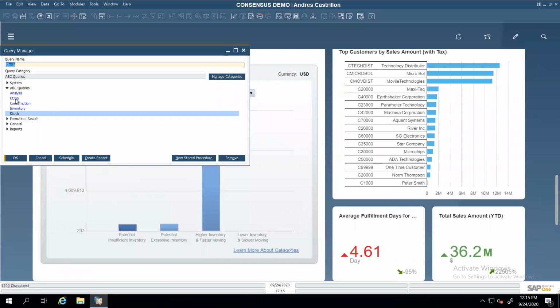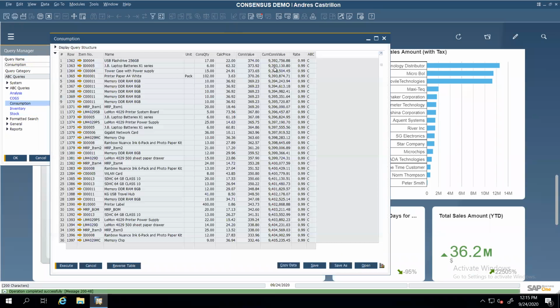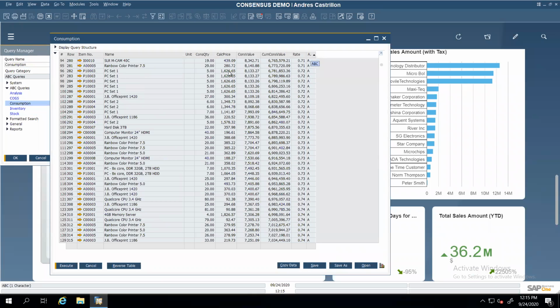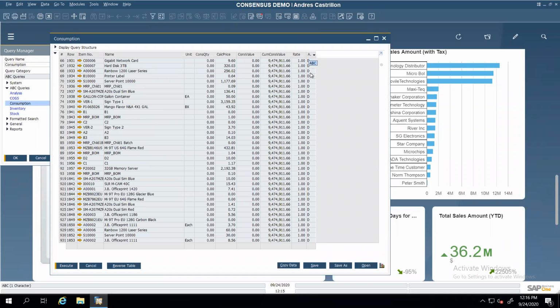I could say, what is the consumption, for example. And if I click in here, ABC, again, is ordered on ABC items. But if I click here in descending order, these are the items that most likely are going to be obsolete pretty quick, those D items. So I could get these items, work on them, and see what I can do to reduce the inventory that I have.